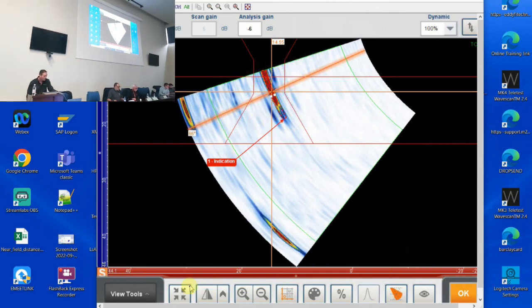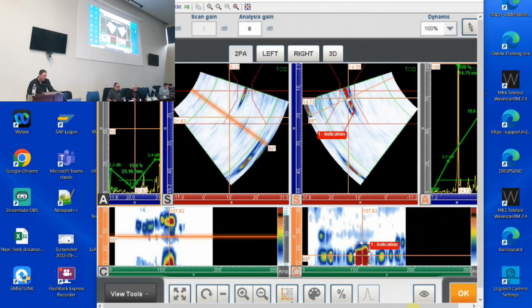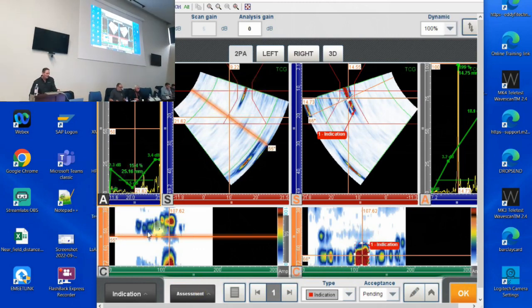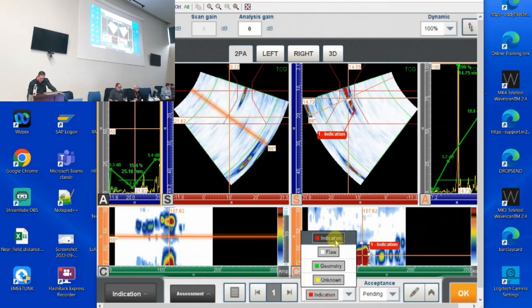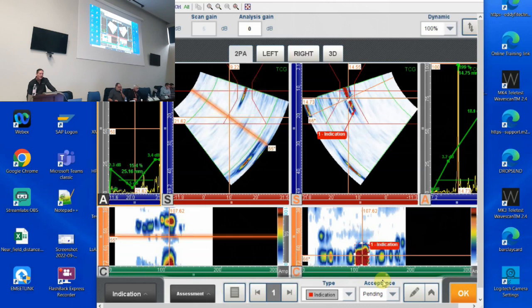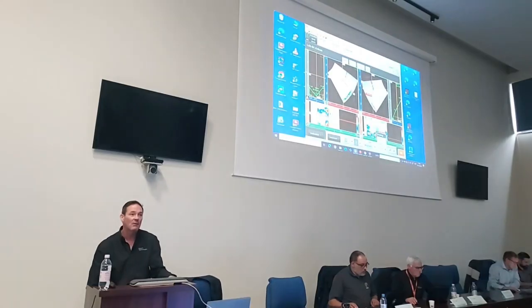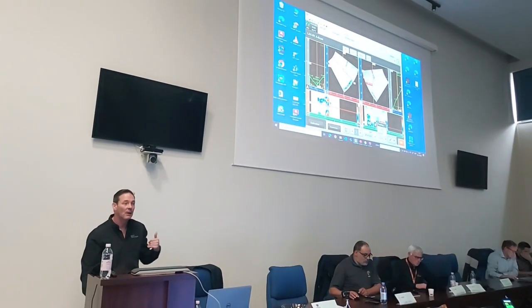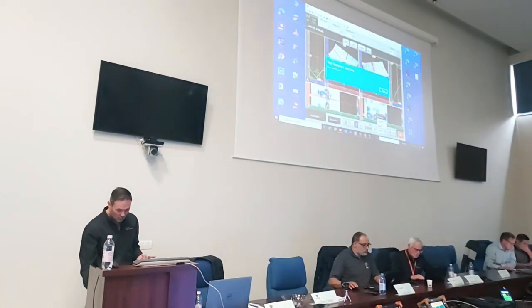If I go back to my assessment screen, then once I've done the creation, I can go into assessment, and in assessment you can see what type it is. In this case I say it's an indication, so I'm going to classify it as an indication. Then the acceptance is pending, so basically it's not been looked at. So now I can either accept this, say okay, it's a defect but it's too small and it's acceptable according to code, or it's non-acceptable according to